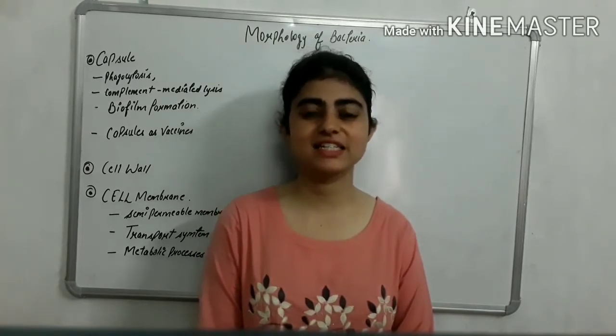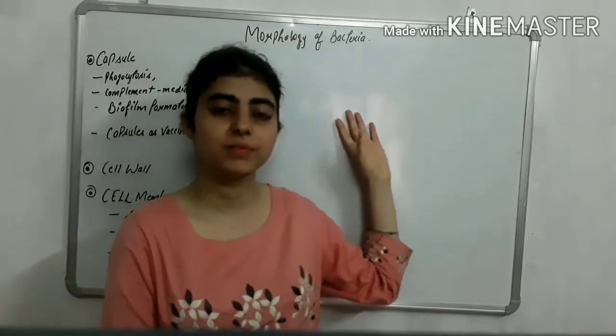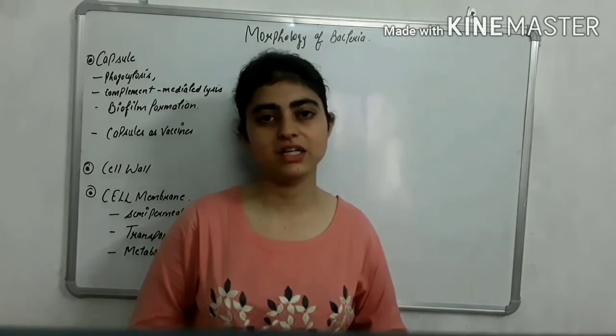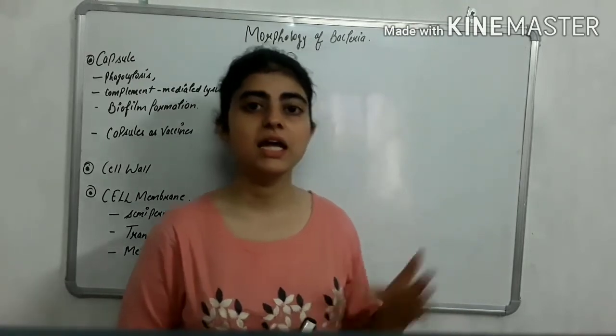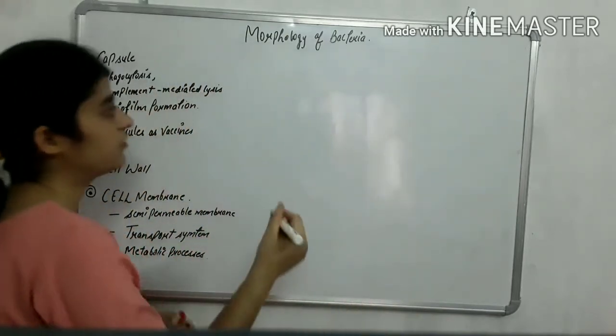Microbiology. In this lecture, we will discuss the morphology of the bacterial cell. We have already covered the bacterial cell wall topic in our last lecture, in which we discussed the gram-positive cell wall and gram-negative cell wall. Now we will focus on other things. So first we will draw the diagram of bacteria.